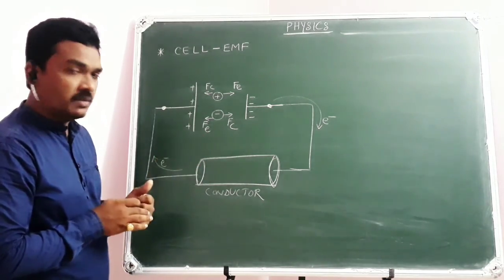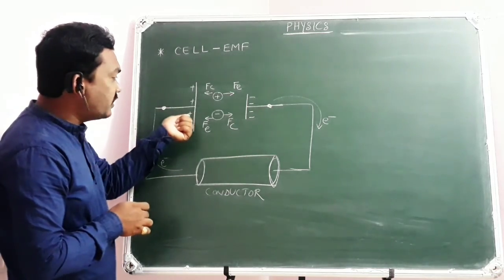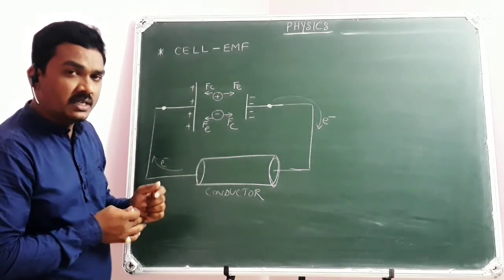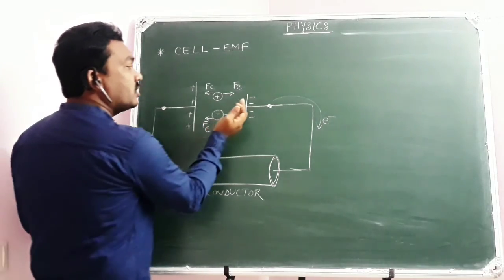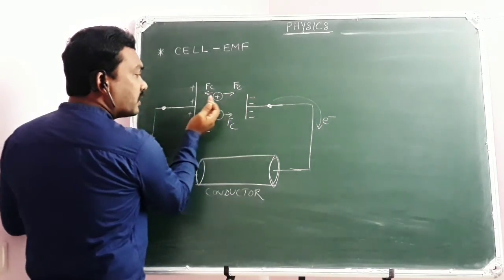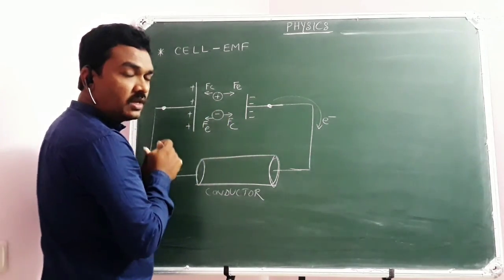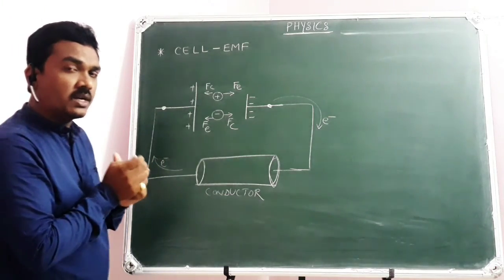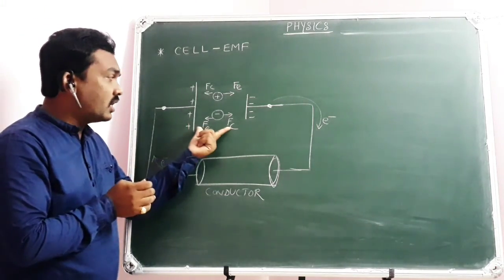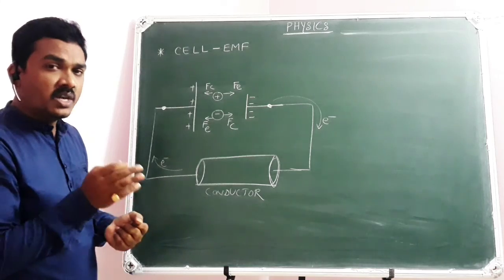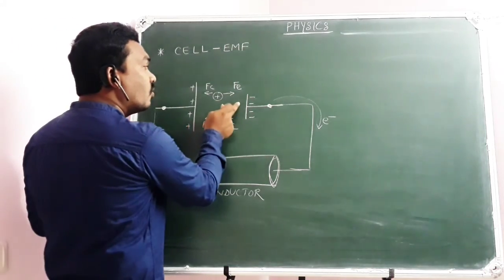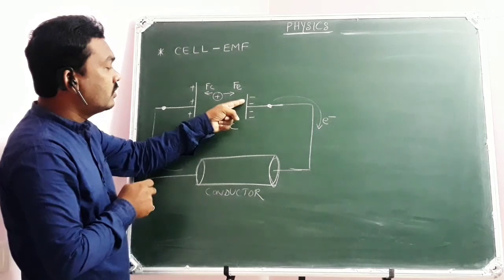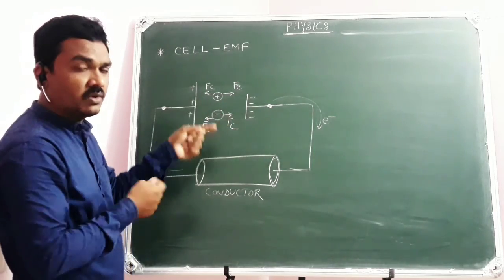But during this concept, when an electron is given to this positive plate and the equilibrium has been disturbed, then a positively charged ion moves towards the positive plate. Regarding this we are discussing. There is some amount of work done by this cell or battery to keep these ions moving between the two plates. A positive ion moving here from the negative plate to the positive plate. That's why work is done.